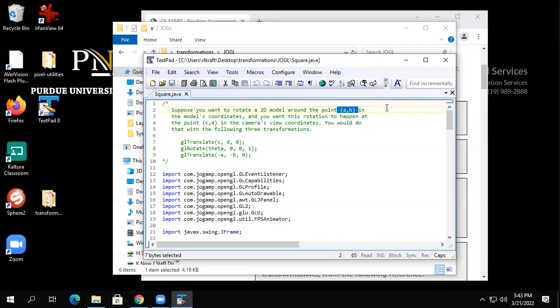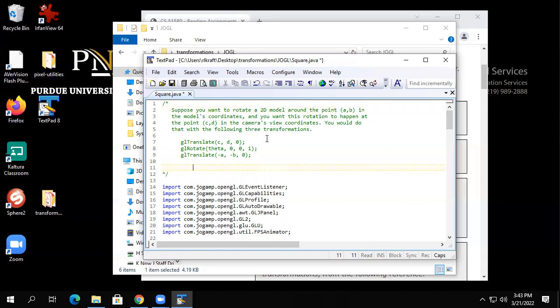If I put that up here as a comment, the idea is I'm starting with a vertex V. I want to translate it by the amount -A, -B. That takes this guy and pulls it over to here. Then I want to rotate it. So after I've done that translation,